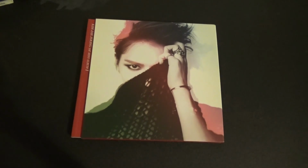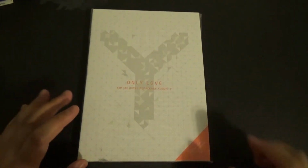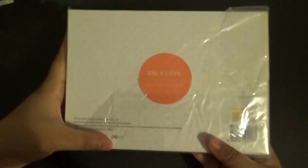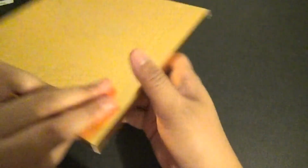So this is I, his first mini album. I really love it. I remember when it came out, I was like, no way that it's gonna be this good, but it is. This was even better. The repackage of I.o.i. I call it Only Love because Y kind of confuses me, but this is so good. Really good. And then we have his first full-length album,